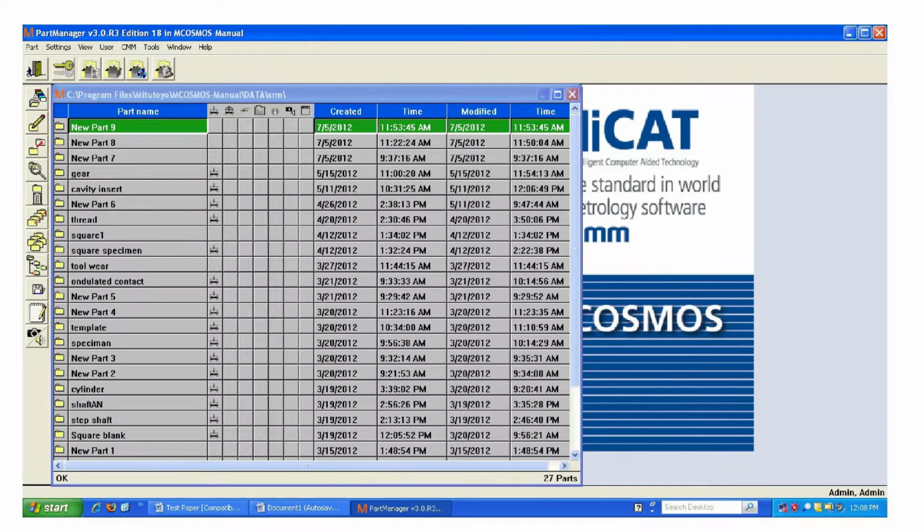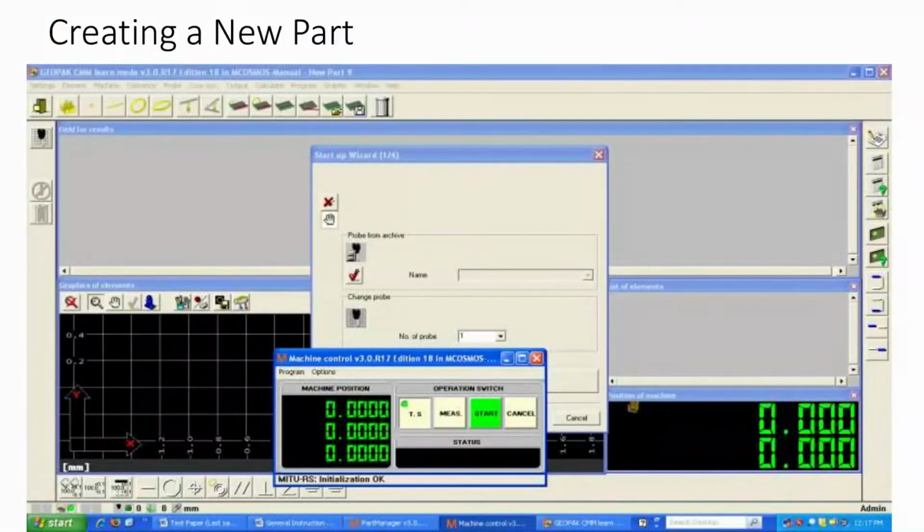When you click that, you will get a screen like this, which shows creating a new part and the probe. You have to press exit and calibrate, and here you will get the probe as 0. That means there is no 3-dimensional probe here, only a cross wire.